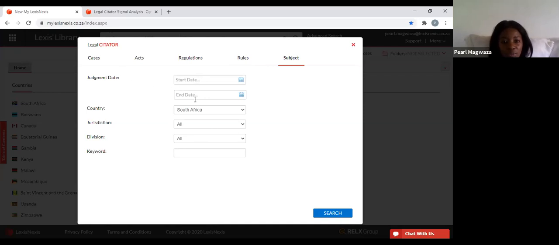I type in the dates of judgment. I can type in the country. I can type in the jurisdiction. I can type in the division, and I can type in the keywords. I will use the subject as an example. If I had to type in a keyword here,